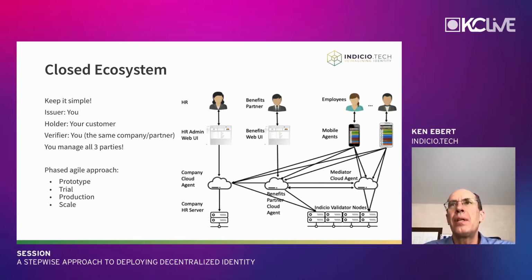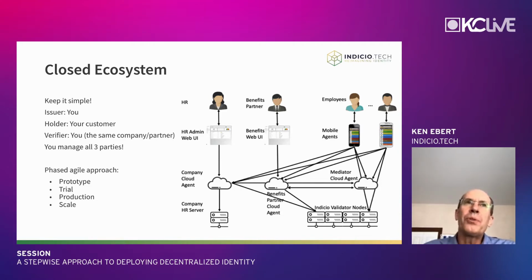If you issue credentials and you know what the credentials are going to be like, you're establishing the initial trust and setting up a system where the credentials can be passed to the people who are going to hold them and then verified at some point. If you define a set of holders for your initial deployment, you want to pick a group that you have some relationship with already so that you're able to help ease them into the process of having a digital credential that they're going to have in their mobile agent.